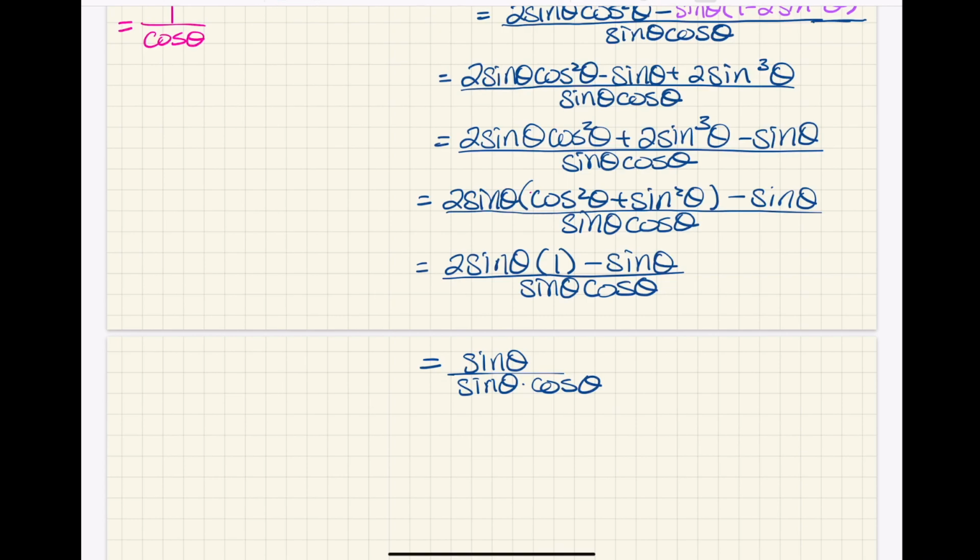Then we're going to have our common factors of the sine of, need to turn off maybe that double tap feature of my pencil, so I don't keep bringing up the eraser. The sine of theta divided by sine of theta is equal to 1. Then that is going to give us a 1 over cosine theta, which of course we know is equal to the secant of theta, which is therefore the end of our proof.